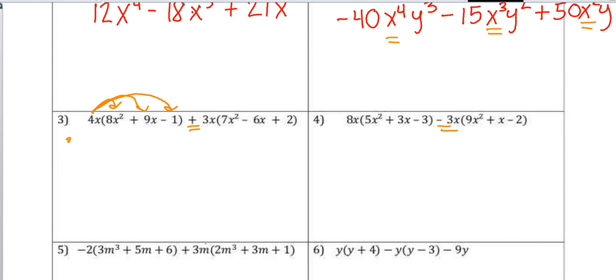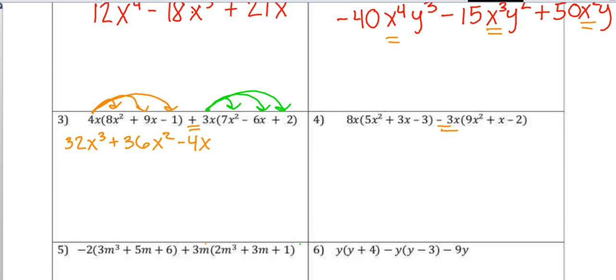So I'm going to have 32x cubed plus 36x squared minus 4x. And since I'm having to rewrite this anyway, I always use the vertical method